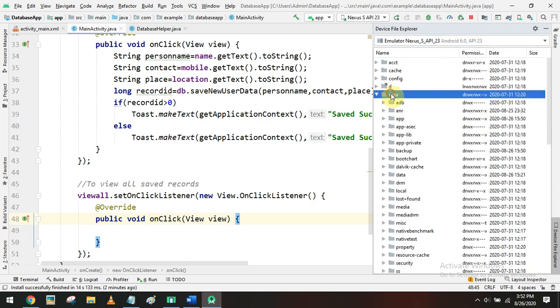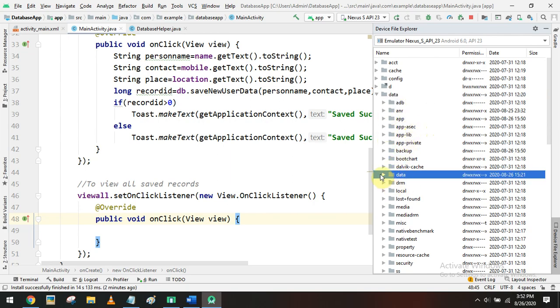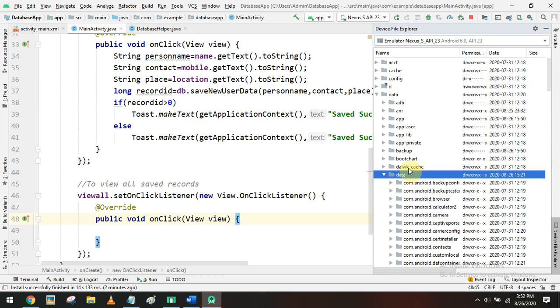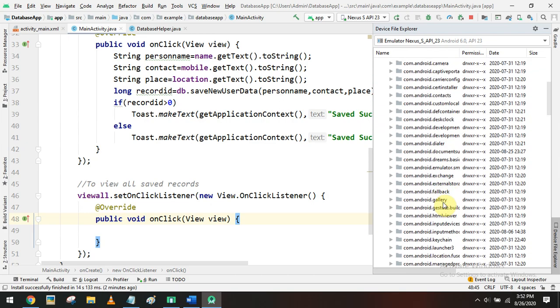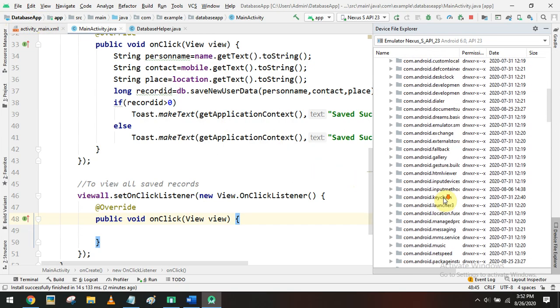Open this data folder, and inside there is another folder called data. Inside this subdirectory you can find a list of applications, where you have to locate our project, titled database app.